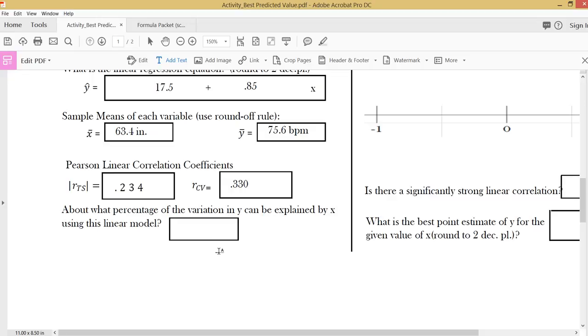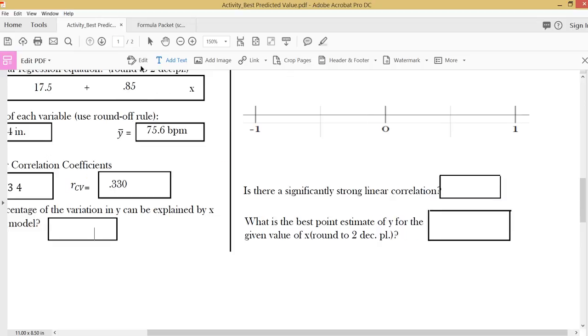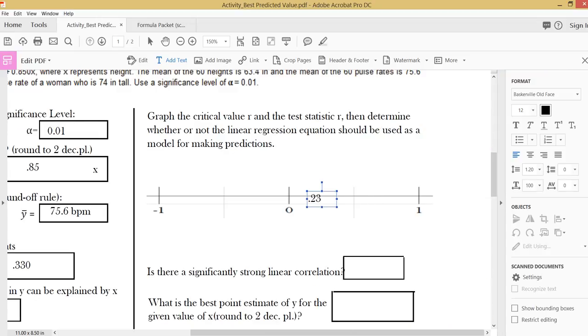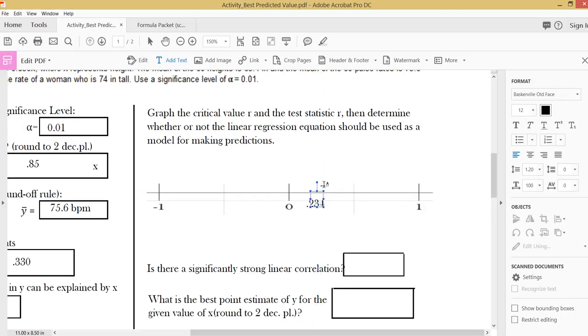No. The linear correlation from our data is weaker than the critical value we need to meet or exceed. Now, let's put this on the map here. Let's put the test statistic somewhere right around here. 0.234 is the test statistic. So I'll put that over here. And I'm also going to put an asterisk